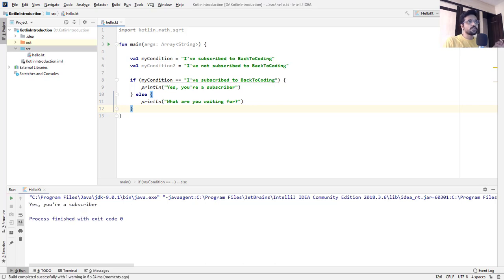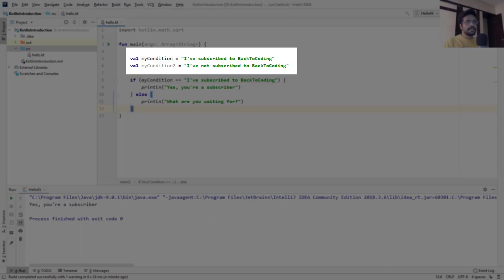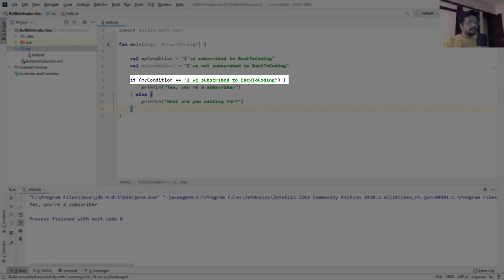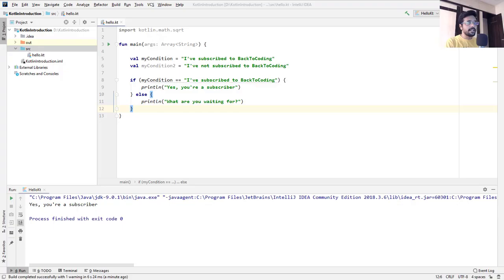In this example, there are two variables, my condition and my condition 2. Here my condition says that I have subscribed to Back to Coding, whereas my condition 2 says that I have not subscribed, which is really bad for our community, right? So when my condition is that I have subscribed to Back to Coding, then you get the output as yes, you are a subscriber, which we are getting here.